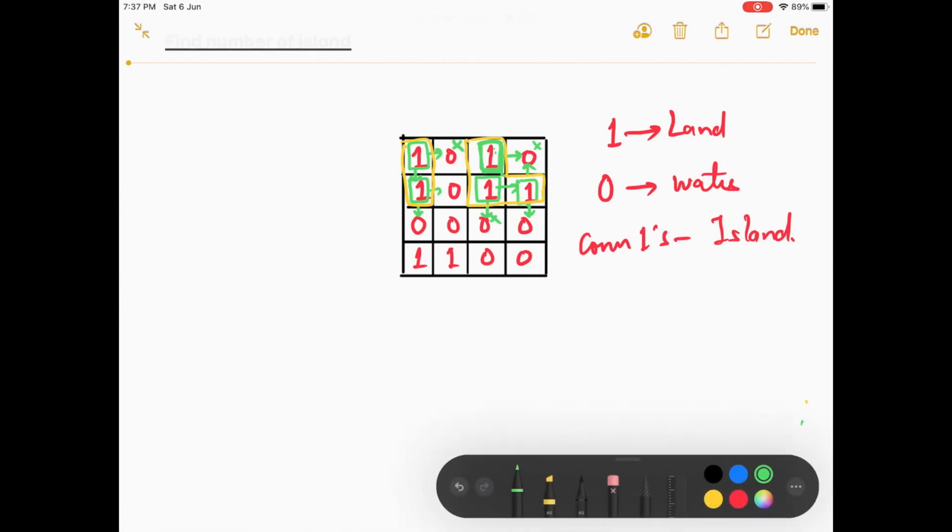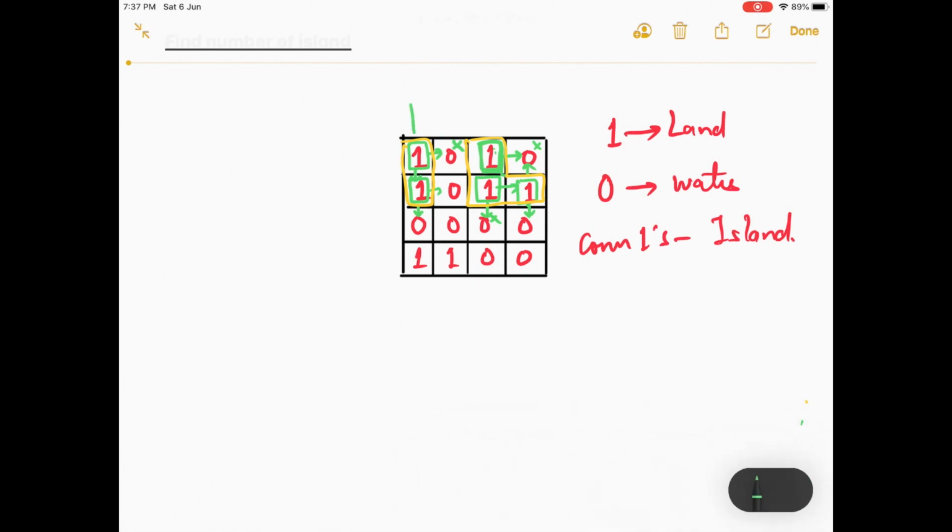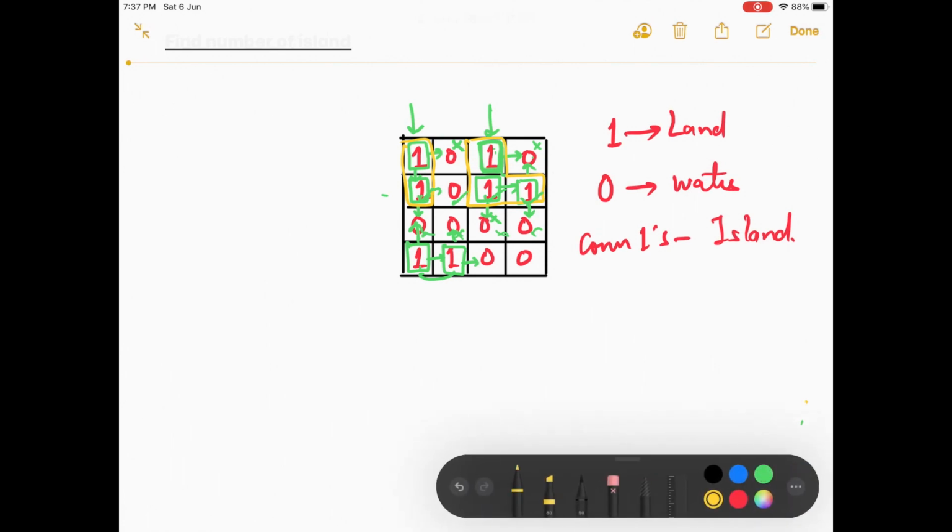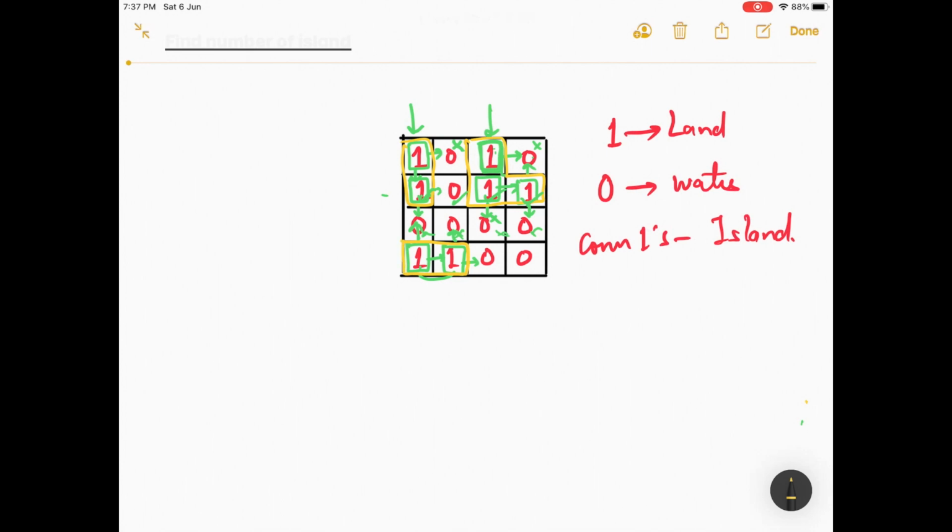And now I continue to the next element. My main pointer was first here, and then we went here, and then we go here, it's 0, we go here, it's already visited, so I don't do anything. Already visited, this is 0, this is already visited, 0 0 0 0, this is a 1. So now I mark this as visited and go and find its neighbor. This is 0, and the next one is 1, so I mark this as visited and come back, because there is no neighboring one, so I come back here and increment the count by 1. So this is my third island.